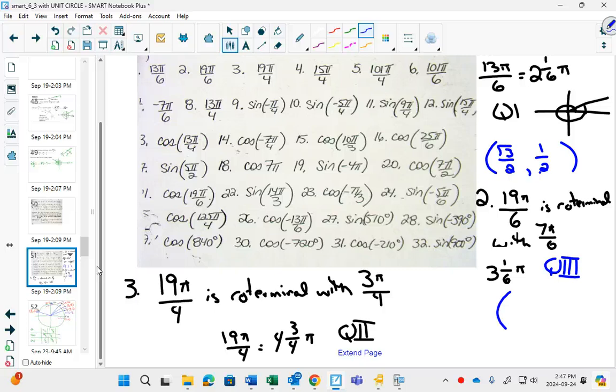So in quadrant 3, 7 pi over 6 will be negative root 3 over 2, negative 1/2. If I had quadrant 2 for 3 pi over 4, my coordinates would be negative root 2 over 2, root 2 over 2. So for the first 8, you write the coordinates, and then after, in question 9, actually figure out what sine